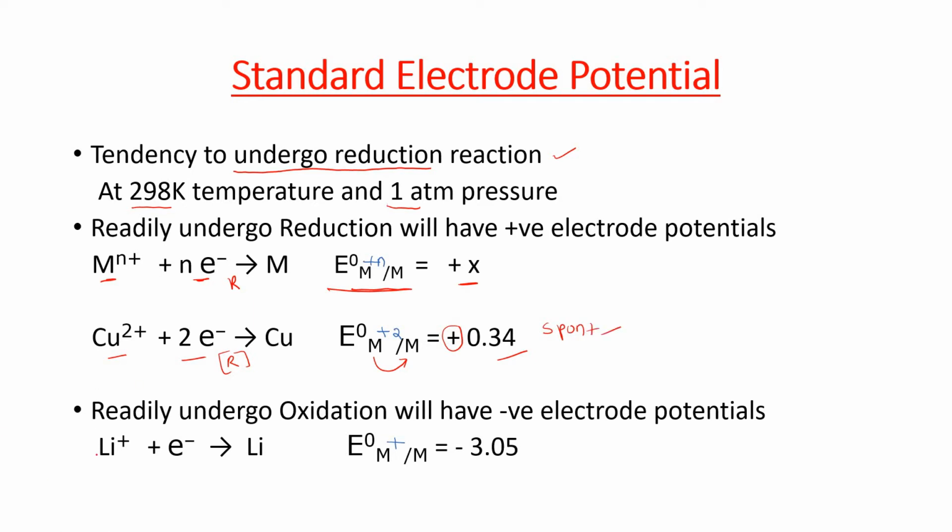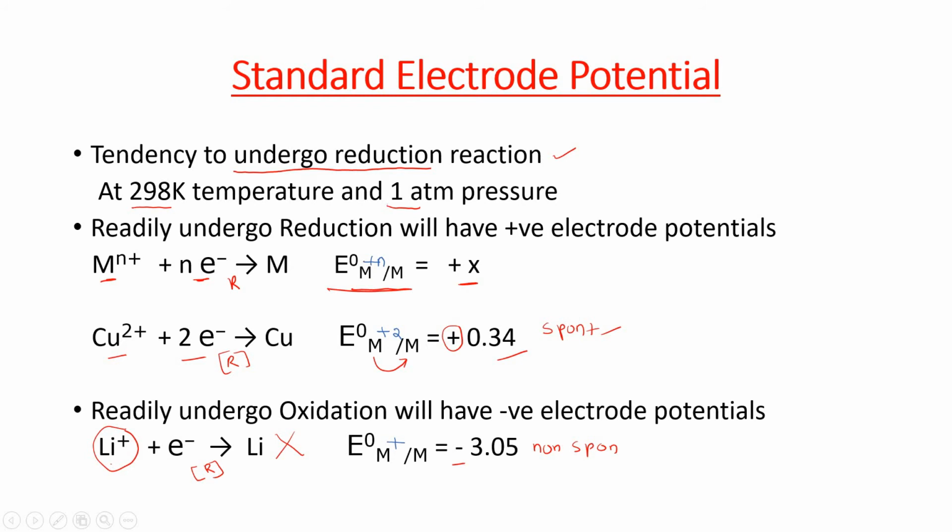But if you observe lithium undergoing reduction reaction here, these values are getting a negative value. That means the reactions are non-spontaneous. This reaction never takes place. Li+ does not undergo reduction reaction, it does not take place. So when you get a positive value, that is spontaneous. When you get a negative value, that will be non-spontaneous. They do not take place, isn't it?